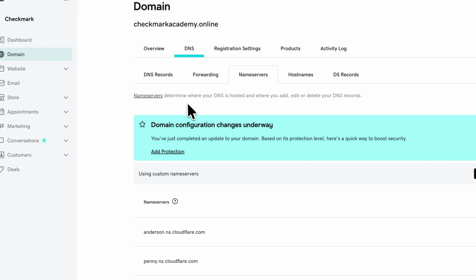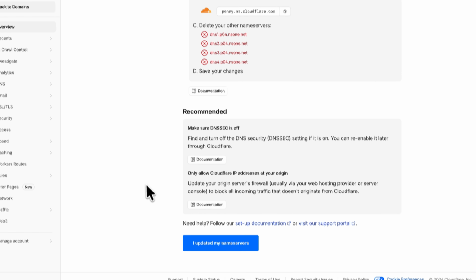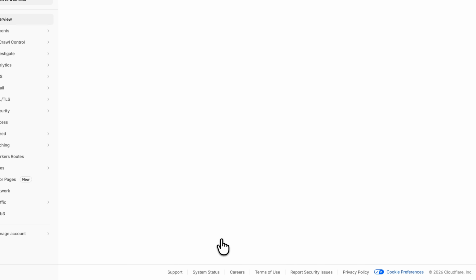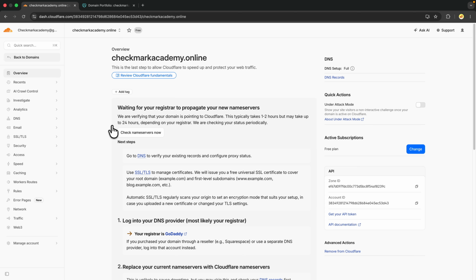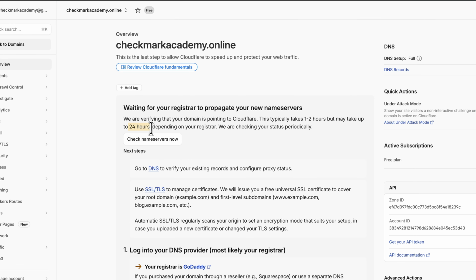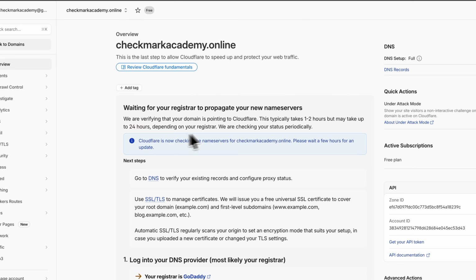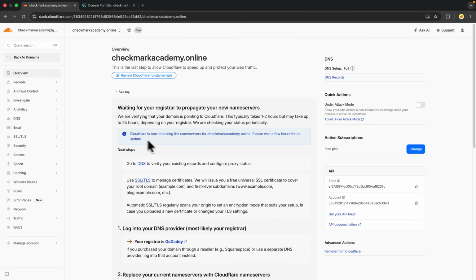Alright, so once you have the name servers changed, we can continue, we can click on I updated my name servers, and now it's going to show you probably that it can take some time. So as you can see, it can take 24 hours to propagate. Check name servers now, and you will see if they are connected. So please wait a few hours for an update, so we have to basically wait. And this is how you can add domain to